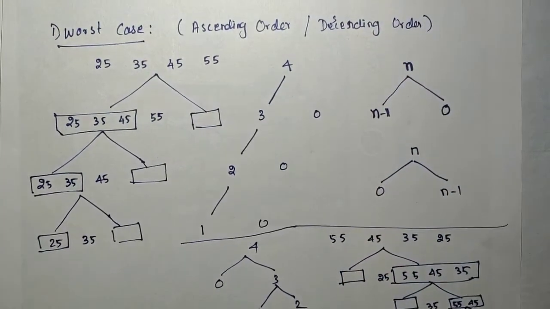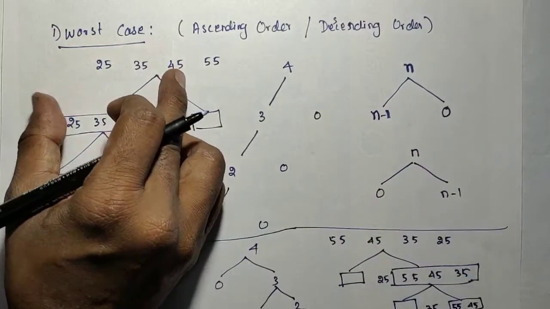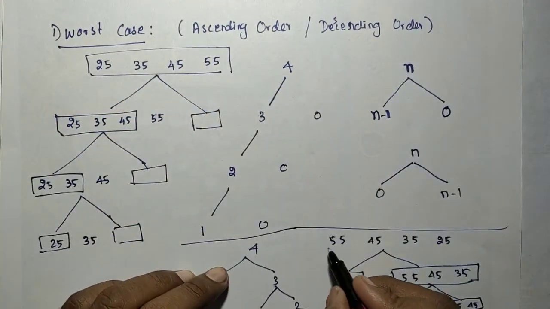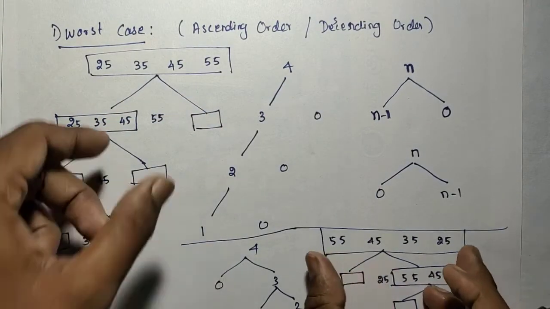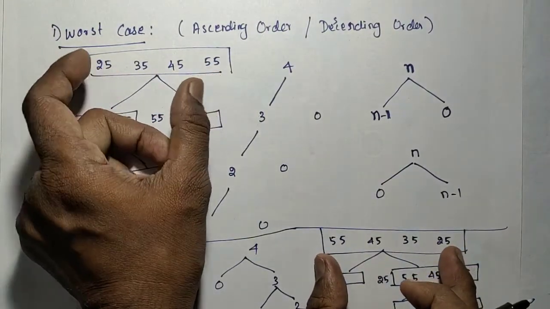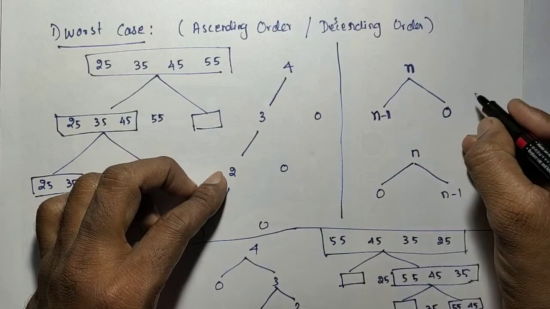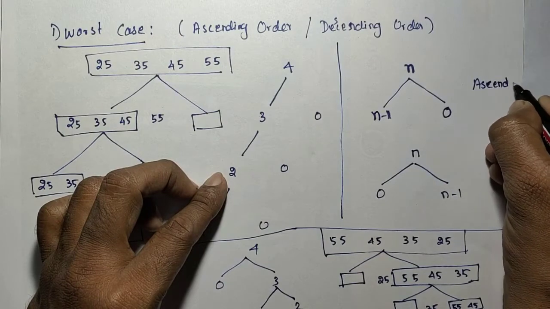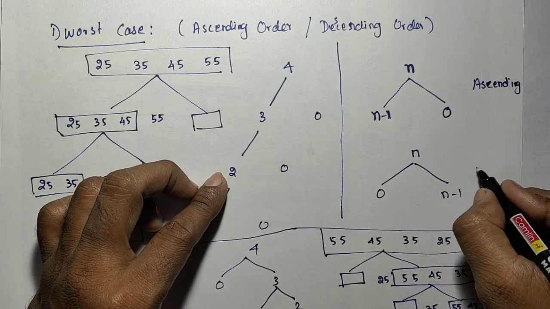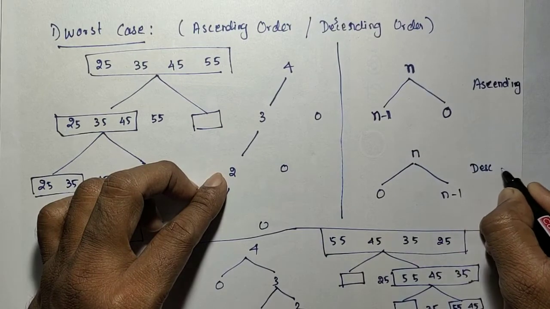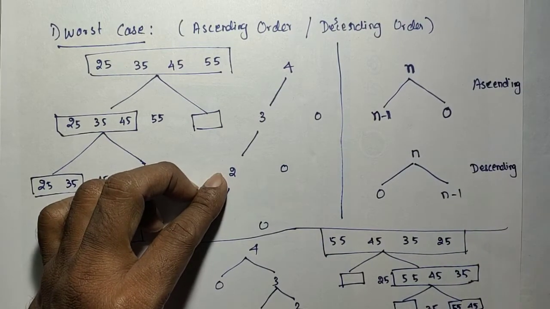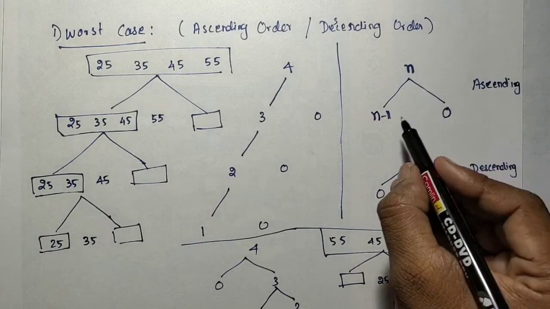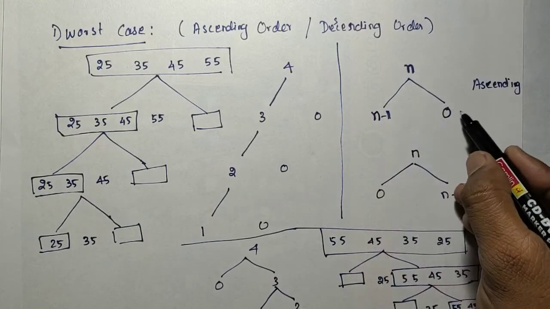Okay, so what is the worst case input for the quicksort? Either if that input is in ascending order or if that input is in descending order. Okay, so then we will get that worst case time complexity. So in ascending order, the input is going to be divided like this. In descending order, the input is divided like this. n minus 1. So in either ascending or descending, the input is divided into an n minus 1 subproblem and a 0 subproblem.